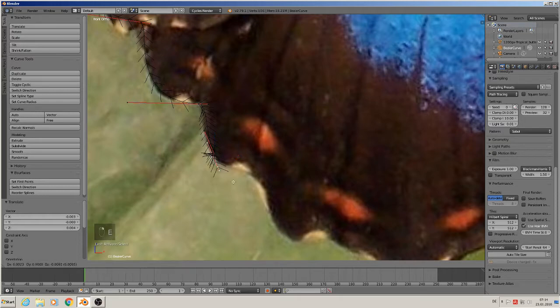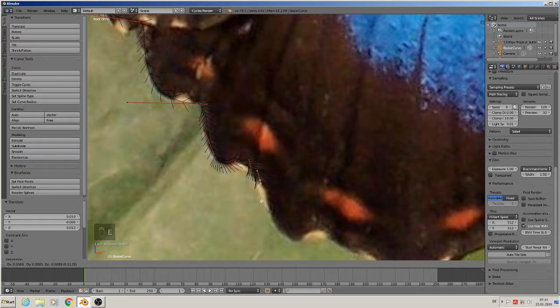Then the middle point, E to extrude to the end of the roundness, get it in float, middle point, extrude, end of the roundness, grabbing and positioning, extrude, get in float,